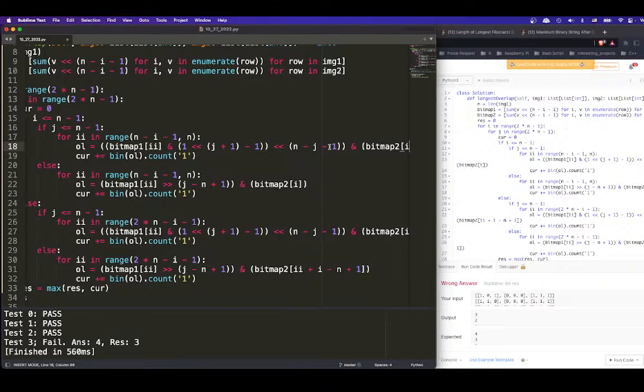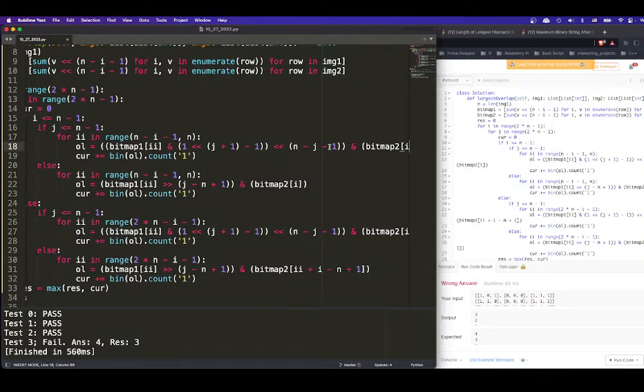For ii in this, no, yeah, ii minus n minus i, no, we started at 0, right? So it should be ii is n minus i minus 1, right? And then we go bigger. So everything should be